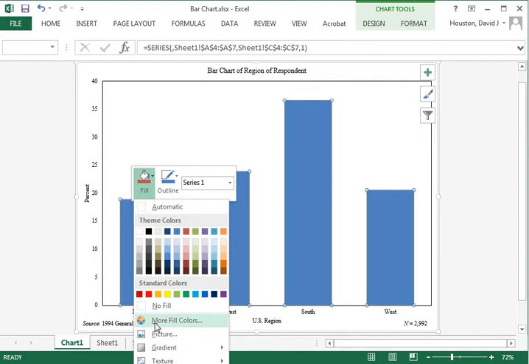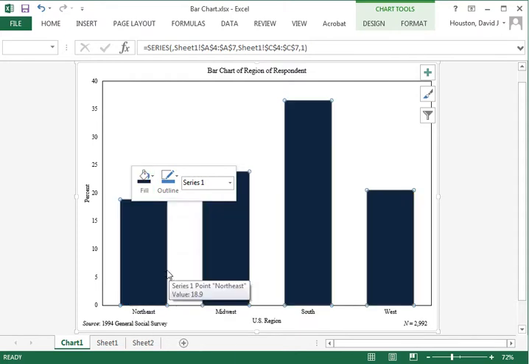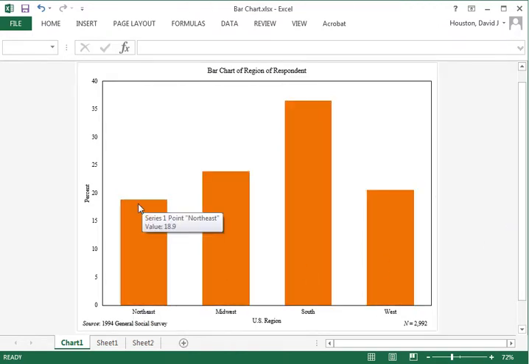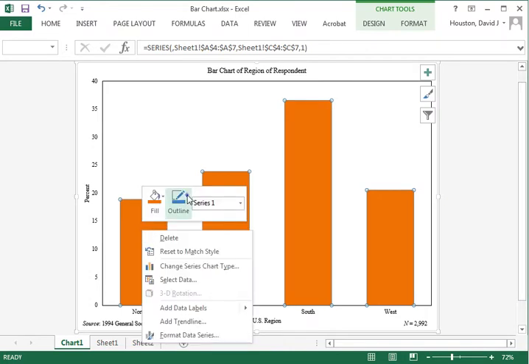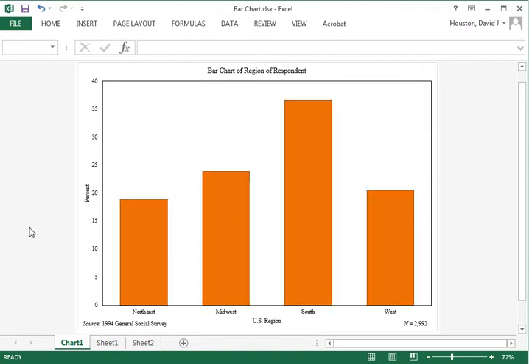Let's say I wanted to change this to a slightly different color, or maybe a darker shade of blue perhaps. Let's go back to the other color I had a moment ago. Let's say something such as this shade of orange. Now also there's a certain thin border around each one of these bars. Let me click on one of the bars, right mouse button, and let's go ahead and modify the outline so it's in the same hue but is a darker hue. And you can see a thin dark line around each one of those.